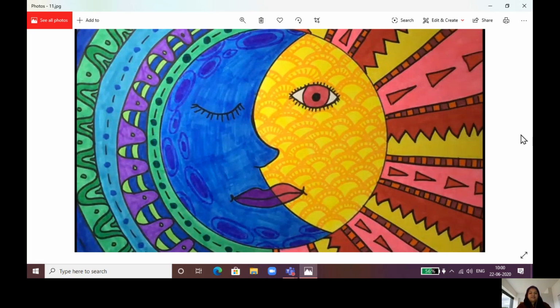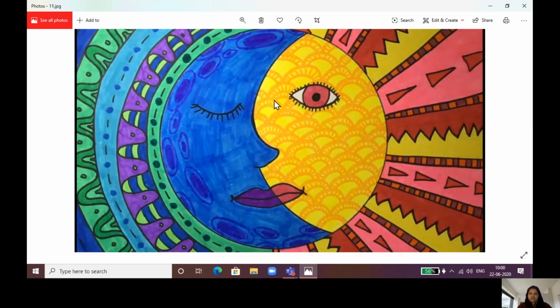Yes, now with this image, we are done with our sun and moon art activity, today's activity, and you all have to follow all these steps and complete this art activity today, right? And yeah, I forgot one part over here. On the moon, you can see some circles here, which is a texture on the moon.